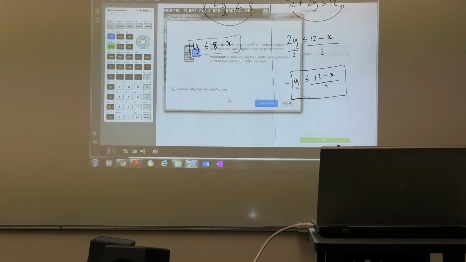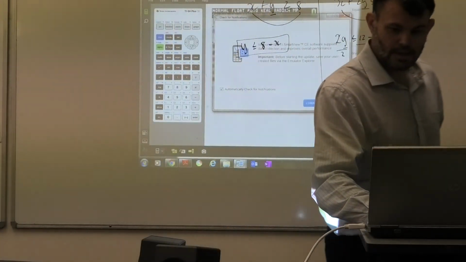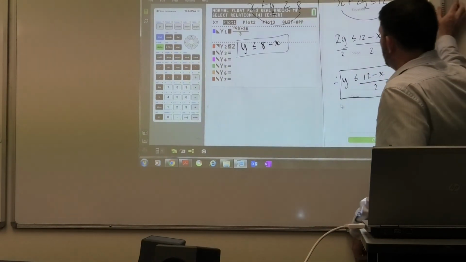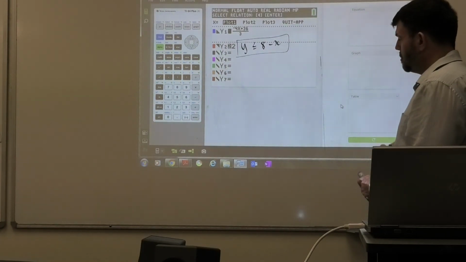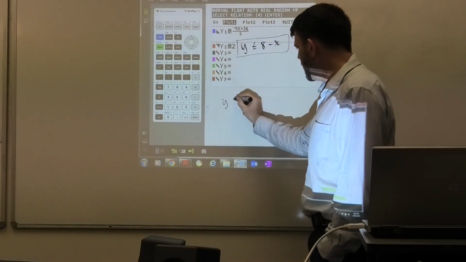Let's see, should actually be able to see it. Yep. So let's work on this. So again, we're going to raise these out, but I'll put them down below here so that way we can actually see them. So we've got y is less than or equal to